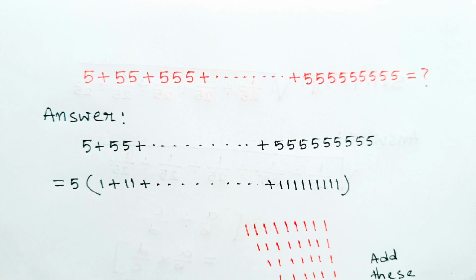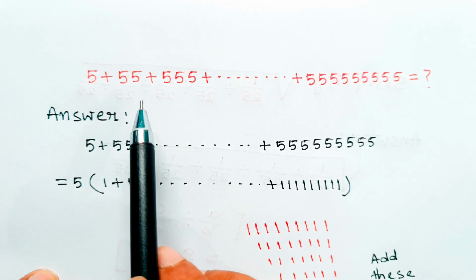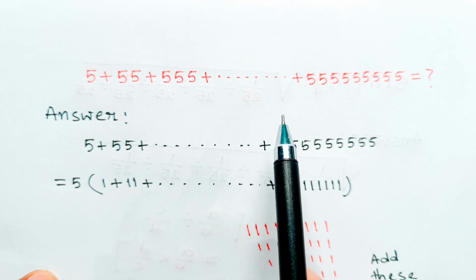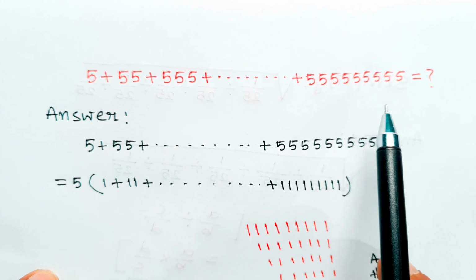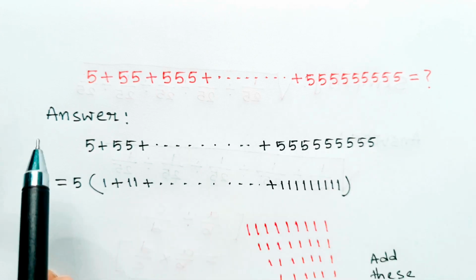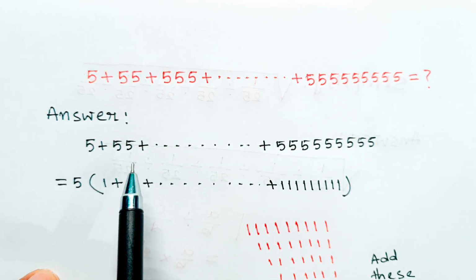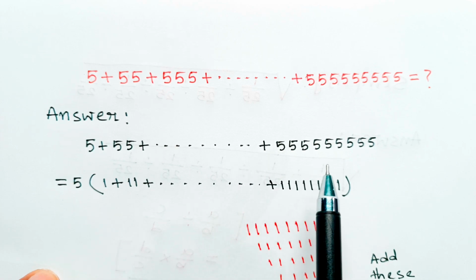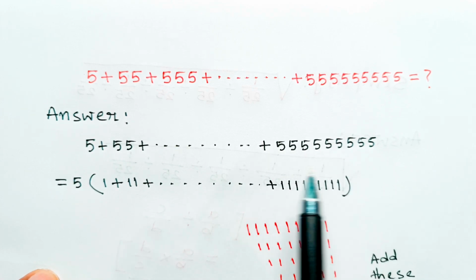Hello everyone, in this video we are going to add the numbers in this given series: 5 plus 55 plus 555 plus, and it goes all the way to the 9-digit number of 5s. Answer: 5 plus 55 plus, and it goes all the way to 9 digits of 5, and all the numbers